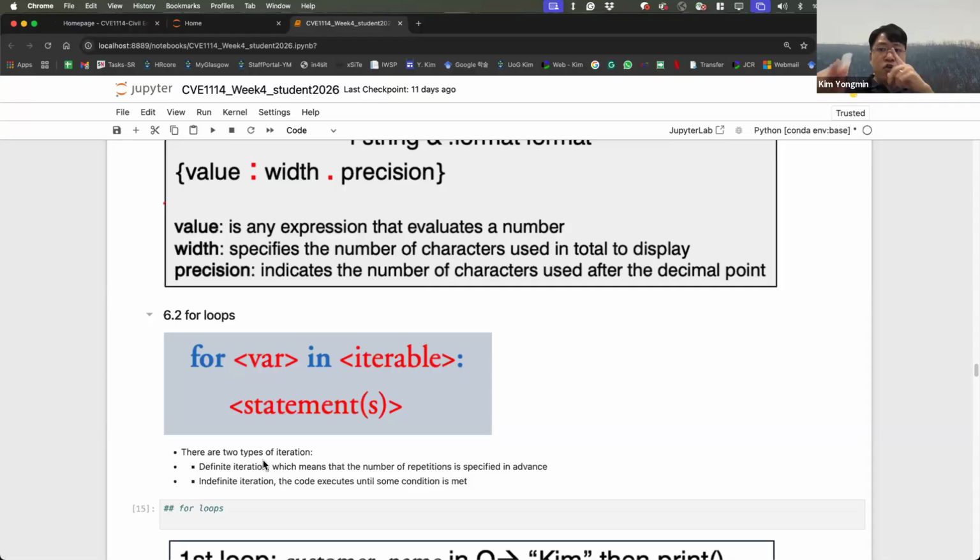If your age reaches 50, then every year your age is +1, +1, +1 until 50. Then above 50, you can put another expression. So definite iteration can be performed with the for loop, and indefinite iteration will be performed with the while loop.